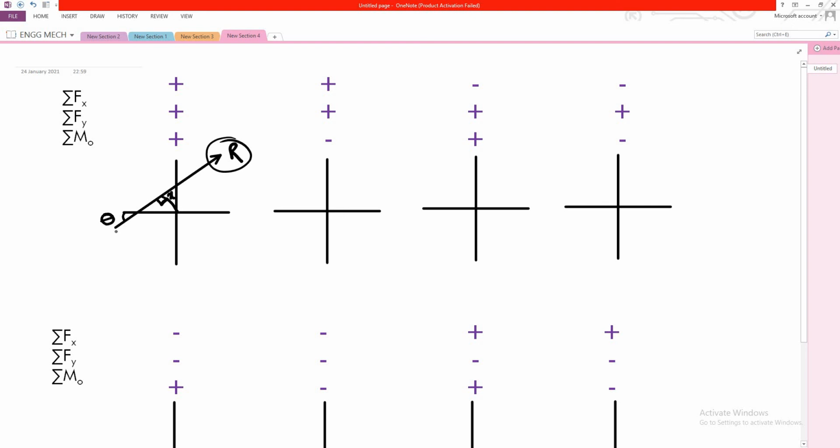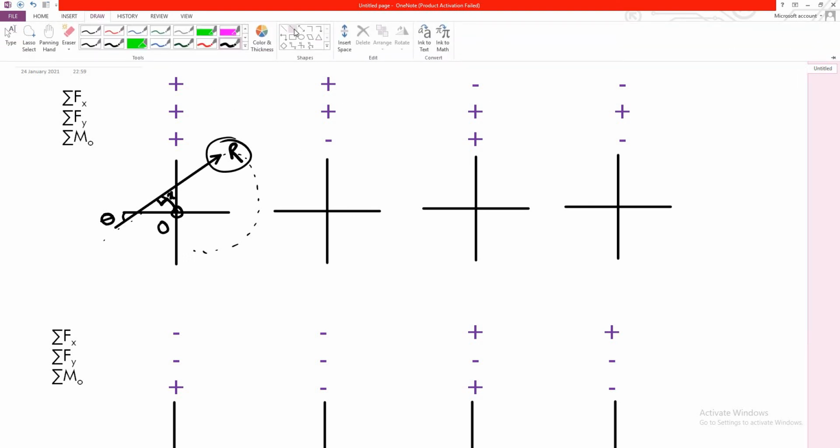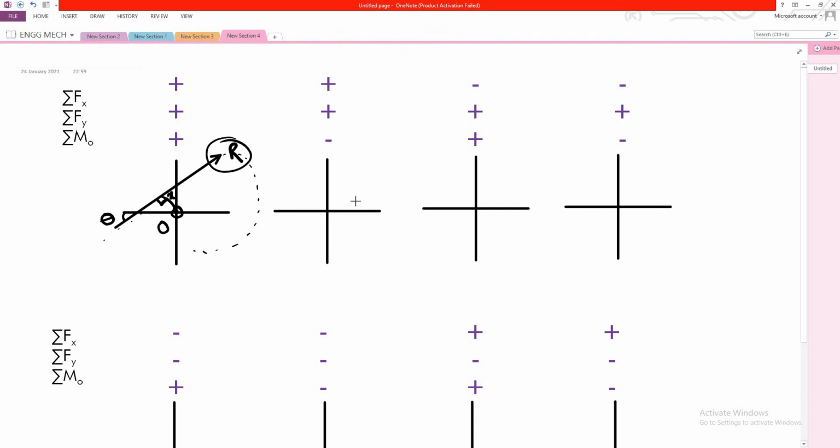See, if we are putting our resultant in the first quadrant and extending its line of action like this, then you can clearly see that with respect to the origin O, the resultant R will be making the system go in the clockwise direction. Okay. Now similarly we will carry out the same process for the resultant position in the first quadrant, but the system rotating in an anti-clockwise manner. Let's try to put the resultant in the first quadrant.